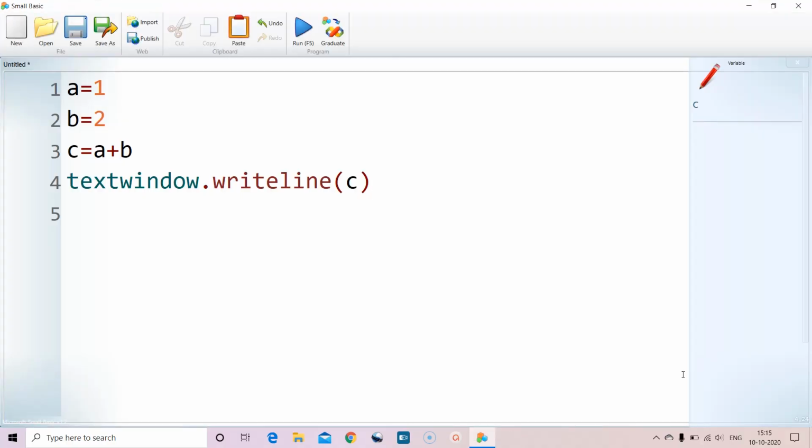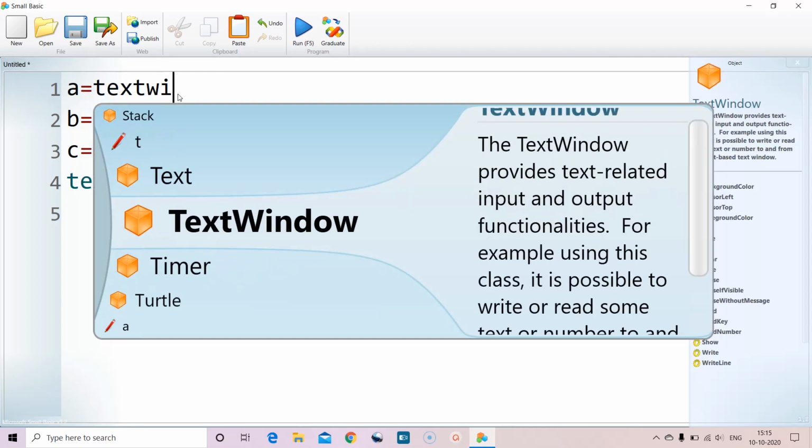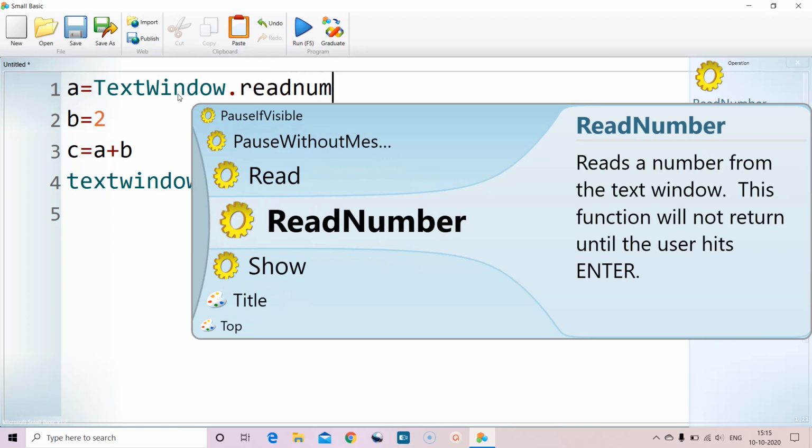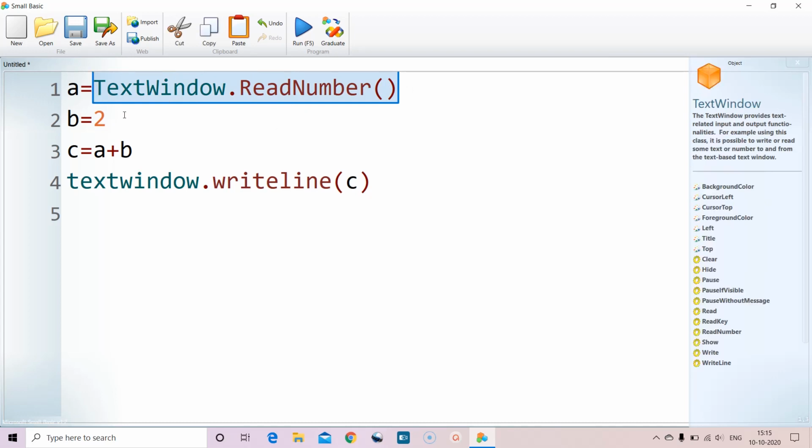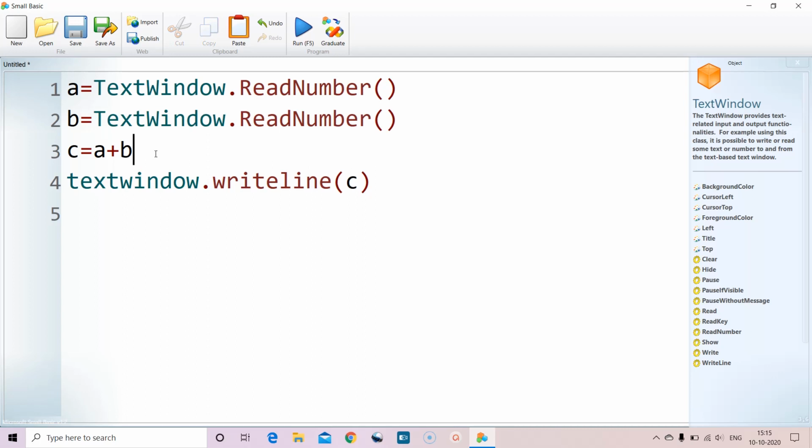So instead of that, we can read the numbers. So I am trying to read: TextWindow.ReadNumber. I am using this because this is a number. This is not only a number, we are going to use it for mathematical operations.